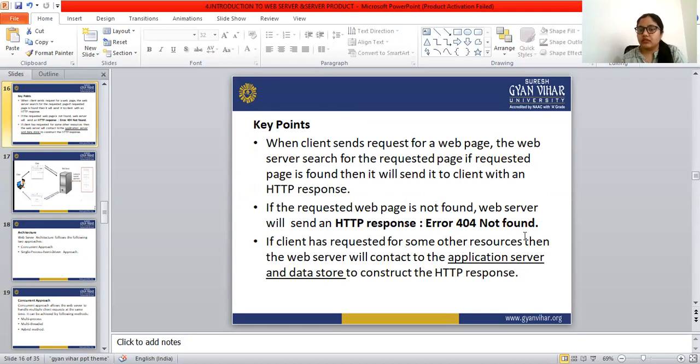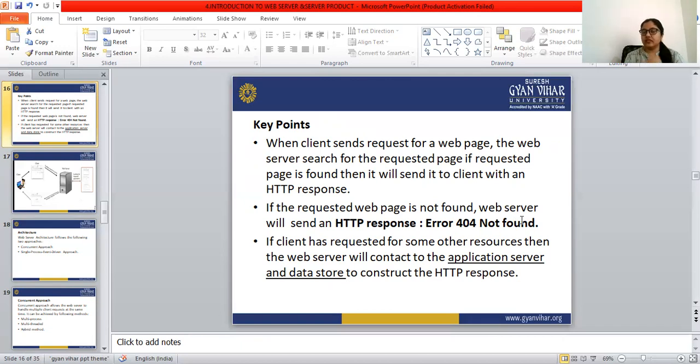We have almost all seen this on the internet: when we click on a link, it shows error 404 not found. This happens when the web server can't find the requested web page.